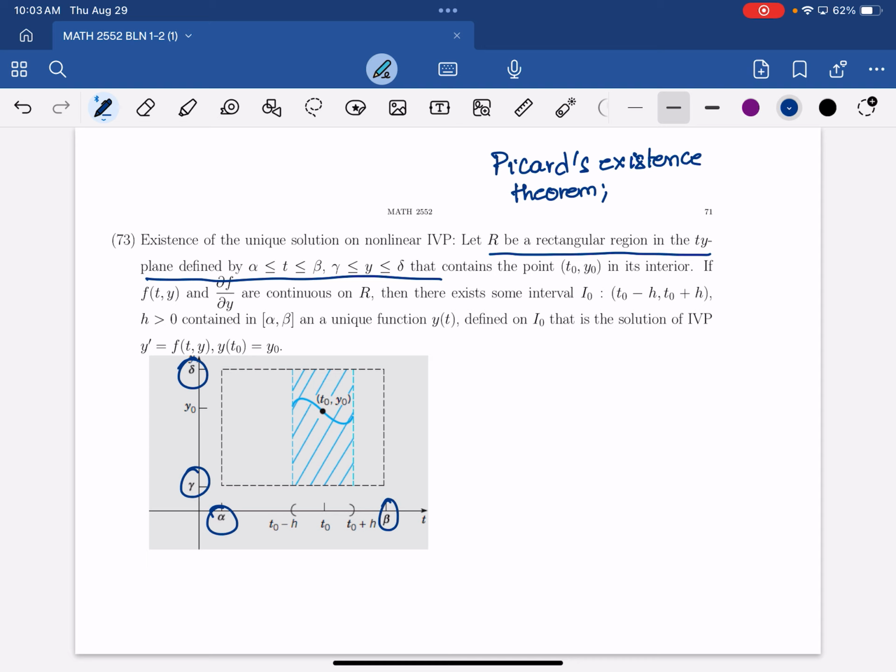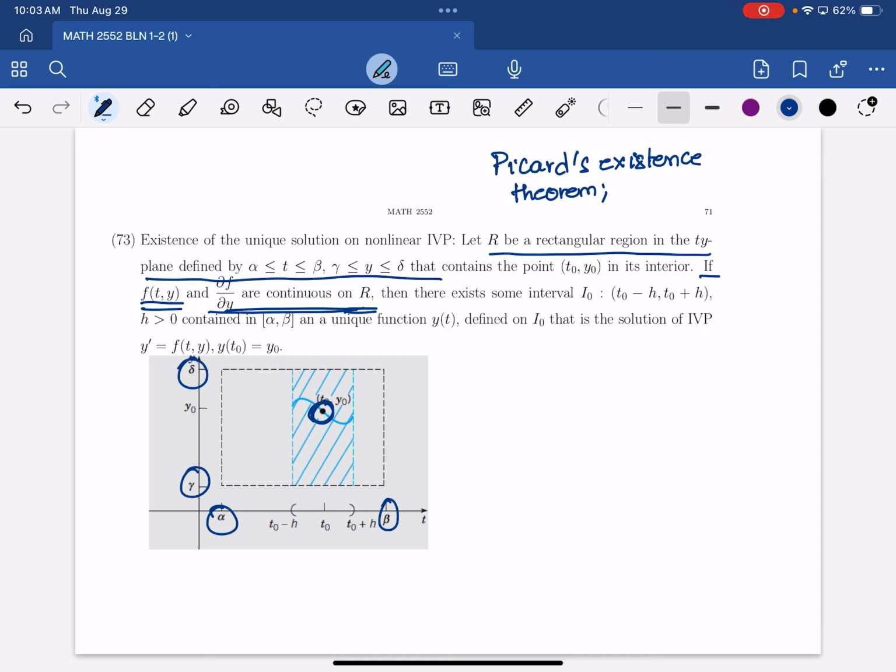And then what does the theorem say? If the function f is continuous and partial f partial y is continuous on the region, and this region contains the initial value, remember that the initial value is here, so if f is continuous and partial f partial y is continuous everywhere in this region,